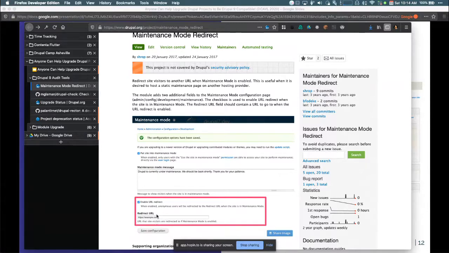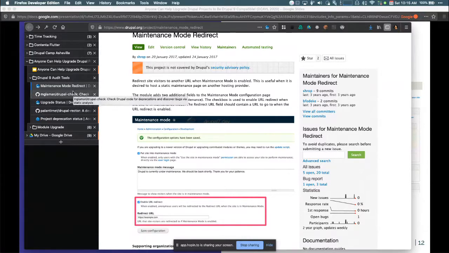And then what this module adds is these options to redirect to like a static page or something like that. So you may not want Drupal to actually show that message itself. You might want to just have it redirect to another page or another site. Some people do this on Amazon AWS, for instance, and have a static page set up there. So that's all this module does. Real simple, but it's not ready yet for Drupal 9. So wanted to give that background.